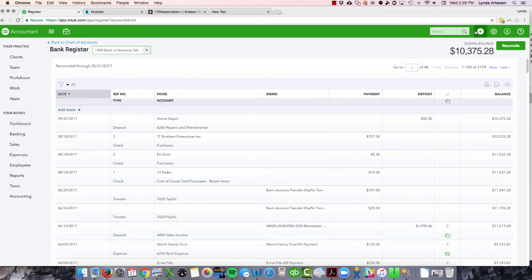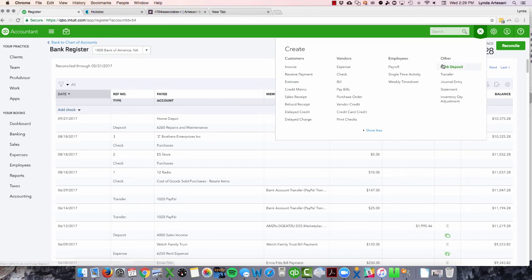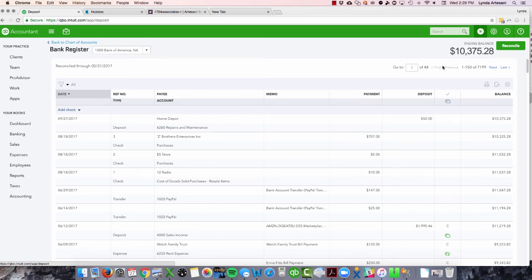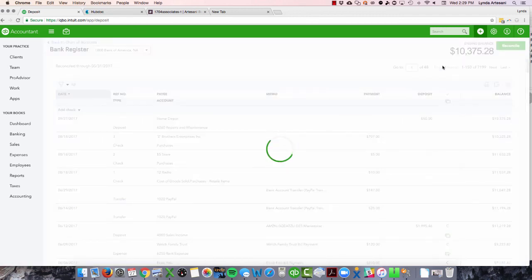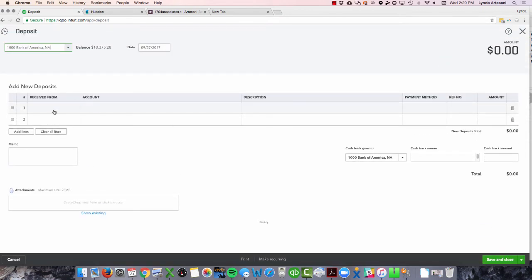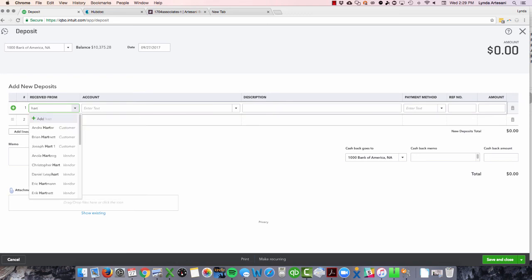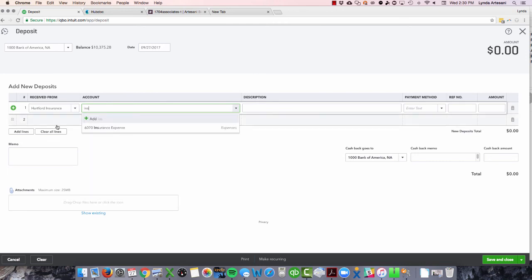So let's come back here, and I'm going to say that the Hartford Insurance Company refunded me the money for overpaying my insurance for the year, my workers' comp. So I'm going to come over here and just make a deposit, and I'm getting refunded for my insurance expense. So I want to offset my insurance expense. So I'm going to write Hartford. Let's see if I've got Hartford. Hartford Insurance, yay. And then I'm just going to put it in the insurance expense because this particular sample file doesn't have it. And it's going to refund for overpayment of insurance